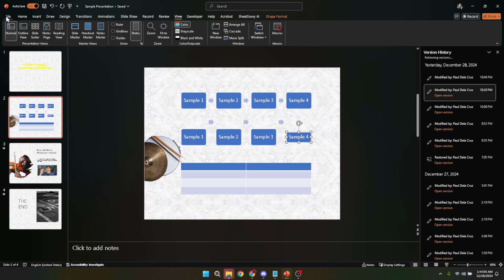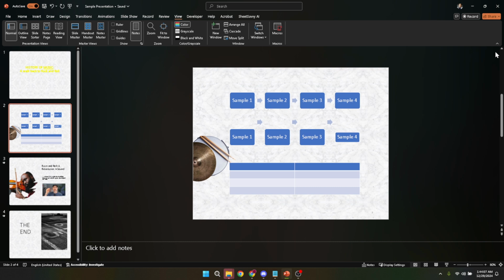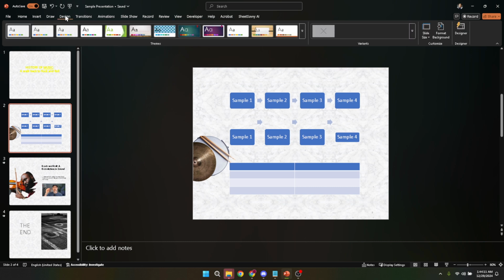Once your presentation is open, our next stop is the Design tab. Located at the top of your PowerPoint window, the Design tab is where you'll find all sorts of tools aimed at enhancing the visual appeal of your slides. It's more than just about colors and themes, it's also where you'll make our desired orientation adjustment. After clicking the Design tab, look for the Slide Size option. It usually resides towards the right side of the menu, and it's your gateway to adjusting the physical dimensions of your slides. A click here brings us a step closer to changing the orientation.